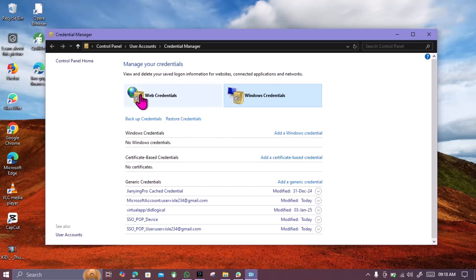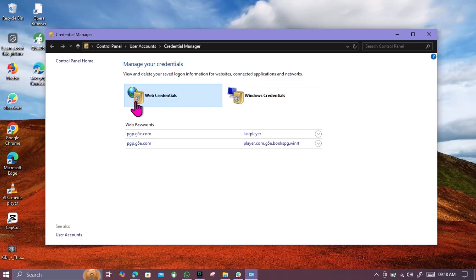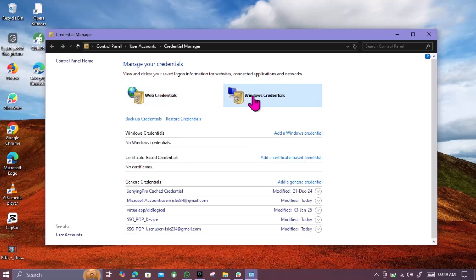sorts of credentials over here. We have the Web and we have the Windows. Now for the Web credentials, these are the passwords saved for websites you visited using Microsoft Edge or Internet Explorer. You can see mine over here. Now the Windows credentials, these are passwords used for network